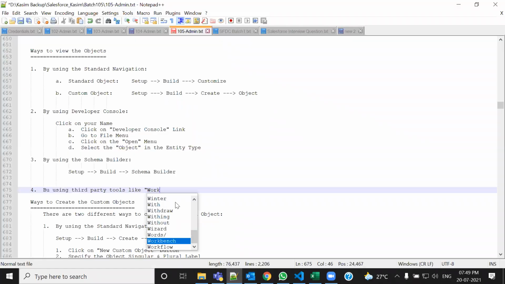By using third-party tools like Workbench, and then we have something called Informatica Cloud. These are a few third-party tools, and there are so many tools also with which